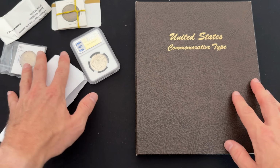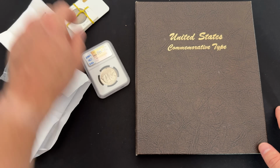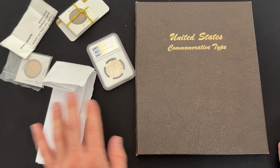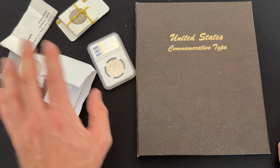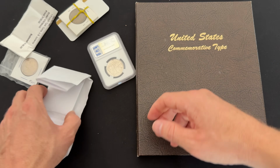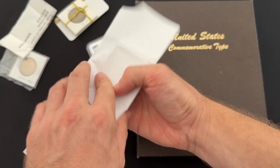So the rest of the stuff here, I got another 3, 4, 5, 6, 7. Oh my gosh, I'm adding 8 coins. I thought I was adding only 6. I'm adding 8 coins. Holy moly. Anyway, most of these ones I got from Whatnot. And let's take a look at one, for example. Just make sure I don't...